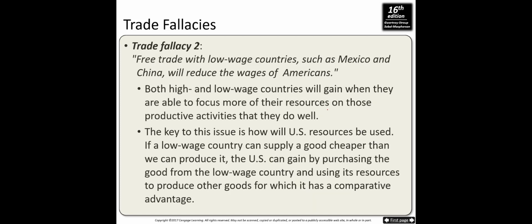The second fallacy is about wages. Free trade with low-wage countries such as Mexico and China will reduce the wages of Americans. The Americans are paid high because of their high skills and expertise and the capital that they have. Both high and low-wage countries will gain when they are able to focus more of their resources on those productive activities that they do well. The key to this issue is how will US resources be used? If a low-wage country can supply a good cheaper than we can produce it, the US can gain by purchasing the good from the low-wage country and using its resources to produce other goods for which it has a comparative